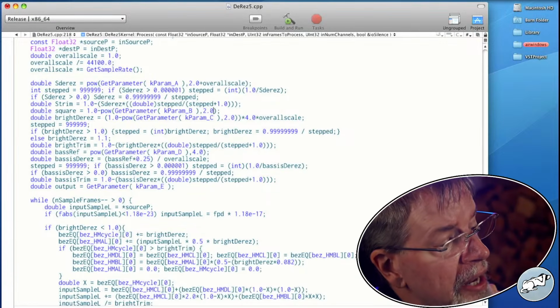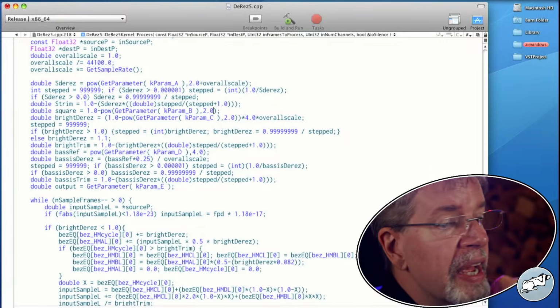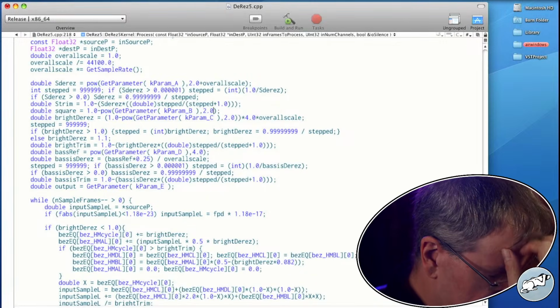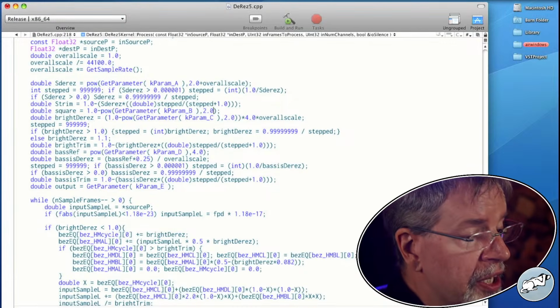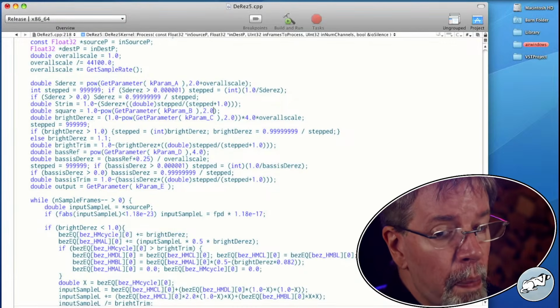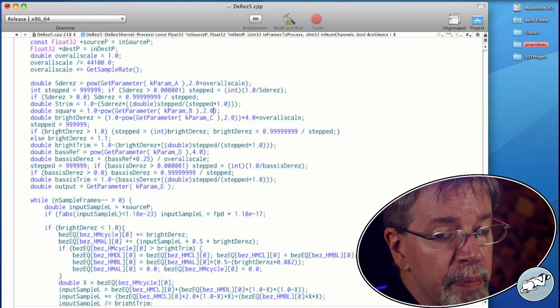Now we're doing 1 minus this power function. So if we have it at a small setting like 0.1, then what comes out is 0.01 because it's being multiplied by itself.